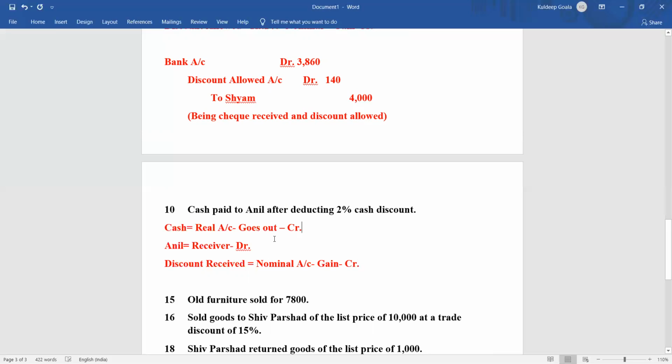Now let's find out the amount. We know Anil's amount. Let's find out Anil's amount first. It was 4,000, as we have already seen. Then find out the discount, because after deducting the discount you can automatically know how much we are supposed to pay. So we are receiving a discount of how much? 2%. So that means how much discount are we going to get? 4,000 into 2%, isn't it? So 4,000, 2% is how much?